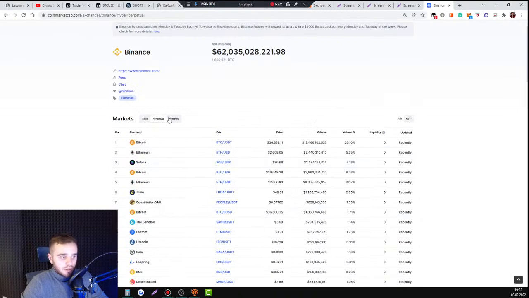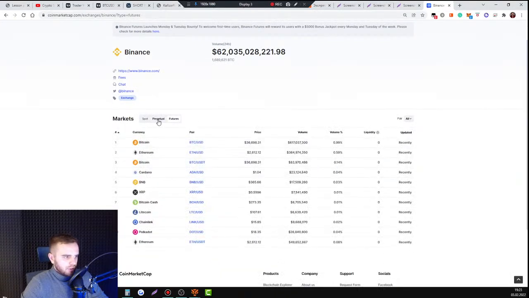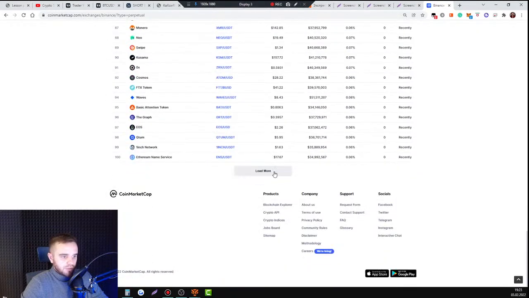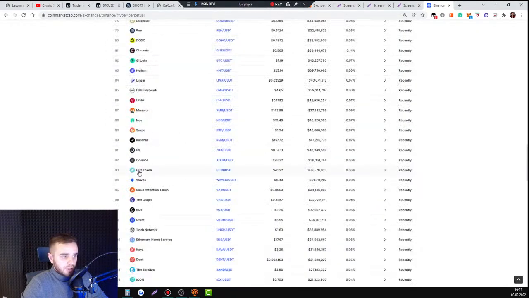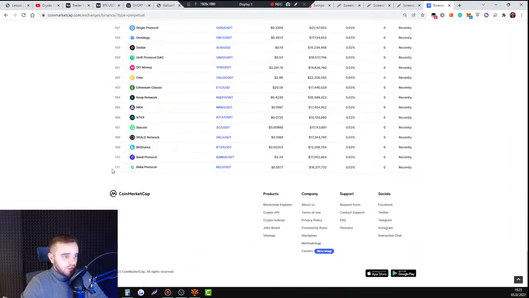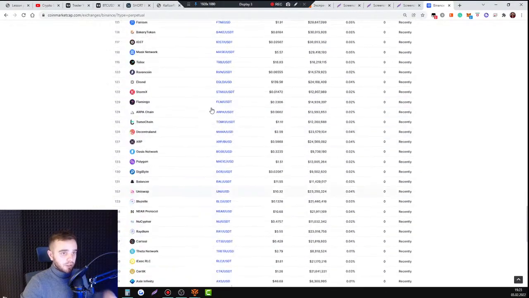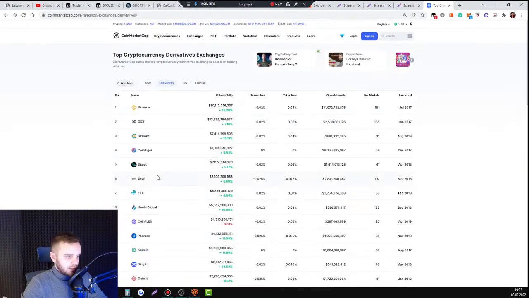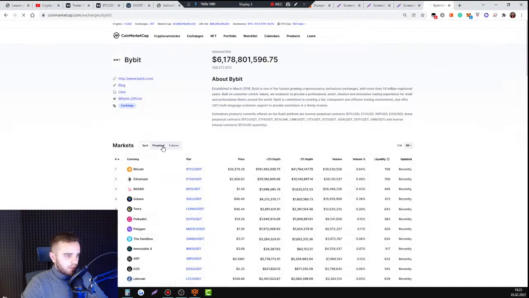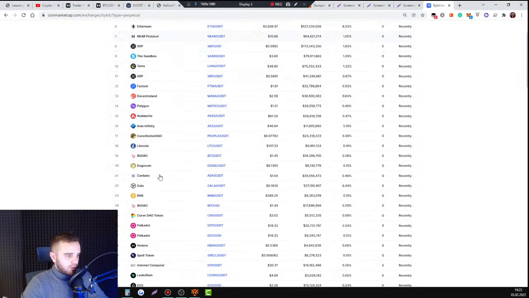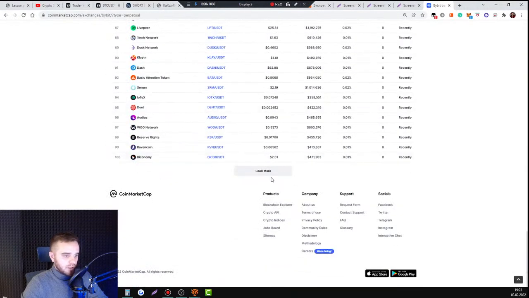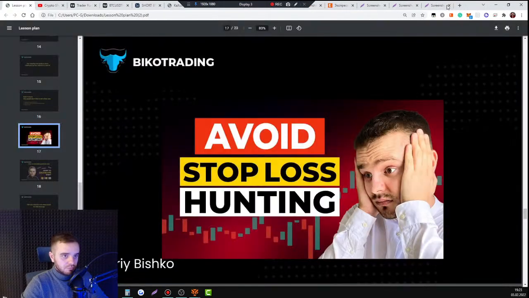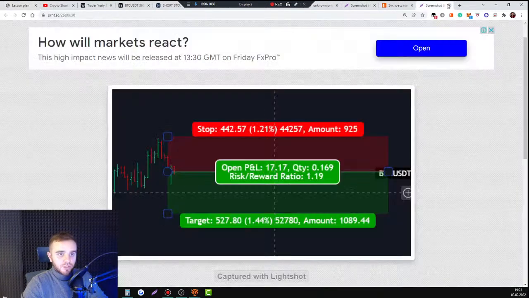That's it. Futures perpetual is where you can trade for short. And on Binance there are more than 171 coins that you can short, and you can go to all other exchanges and check it. Let's do Bybit. Perpetual on Bybit, how many do they have? They have 103, also enough, 100% enough to do trades.